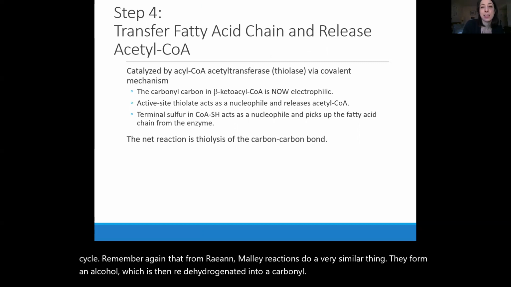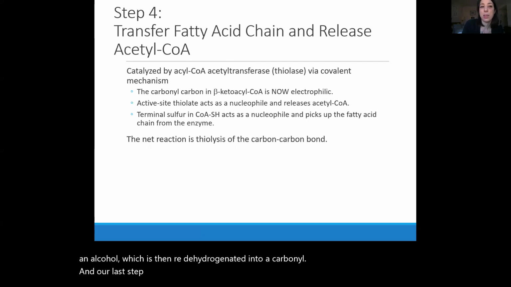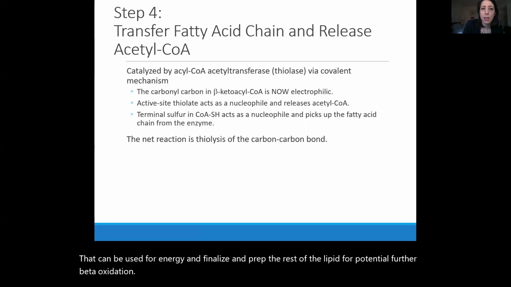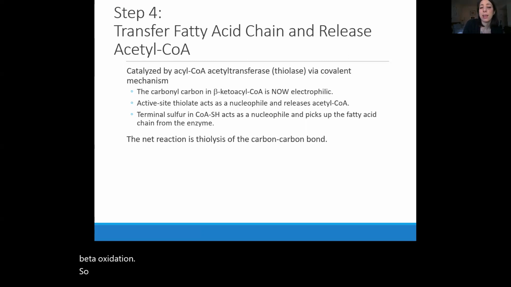And our last step is the step in which we are going to cleave off an acetyl-CoA that can be used for energy, and finalize and prep the rest of the lipid for potential further beta oxidation. So this acetyl-CoA acetyltransferase is one of the more important steps. Thiolase is going to